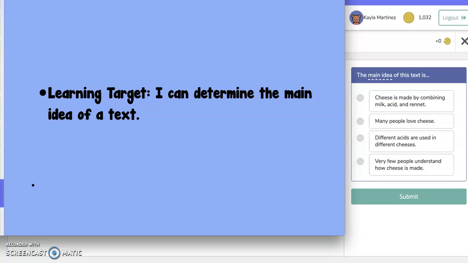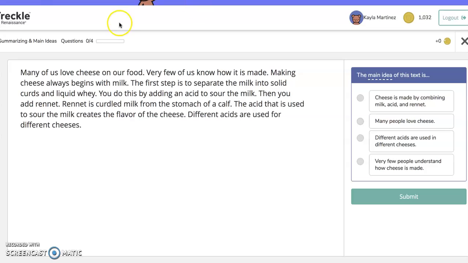Our learning target for today is I can determine the main idea of a text. That's the only thing we're really going to be focusing on here. Can you figure out what the main idea of the text is? What is the text mostly about? Not, oh yep, that was in the text, but this is what that whole text is really trying to tell me or focus on, okay? So that's what we're going to be learning about today, because that's also going to go with the packet work that you have for today. It's about finding the main idea. So let's go ahead and get started.